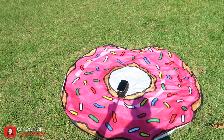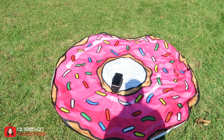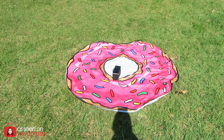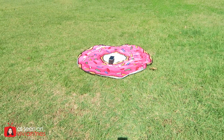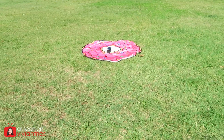Hey guys, there it is there. I'm gonna start walking away to see how far I can get. The amazing speaker that only has to touch your music player to work. That's right. No Bluetooth, no wires. Just lay it down for amazing booming sound. The secret is magnetic field induction, which isolates and amplifies the audio signal of the device, which is then